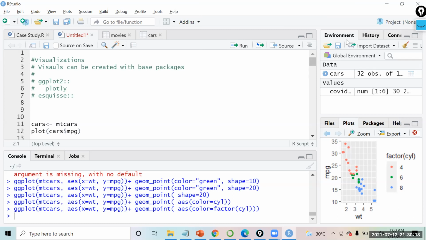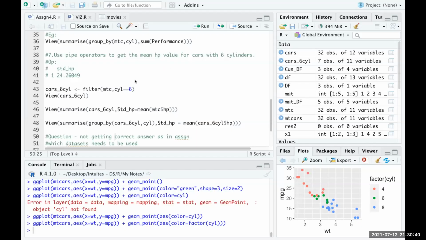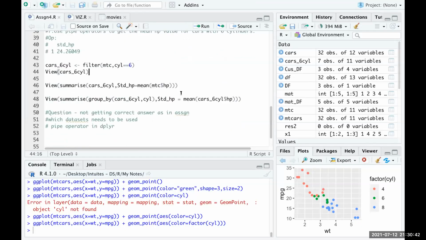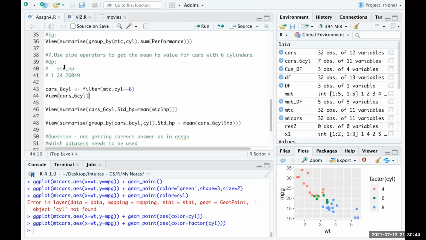Amit, I have a question in the assignment that you shared yesterday, the dplyr exercise. Yeah, please ask. Can I share my screen quickly? See, this is the last question of that assignment.